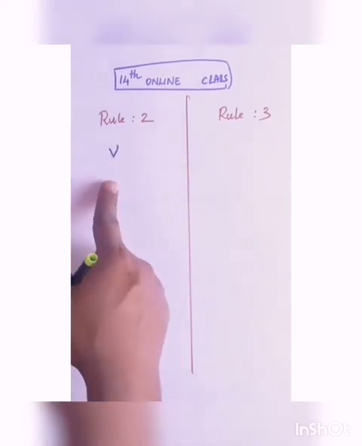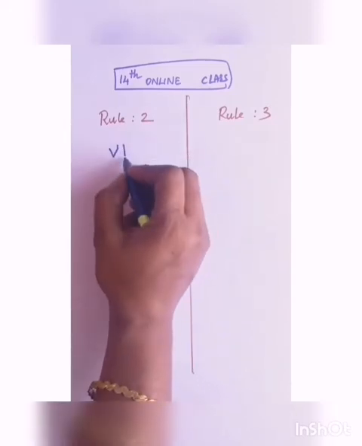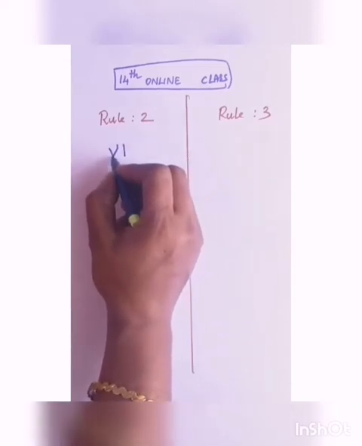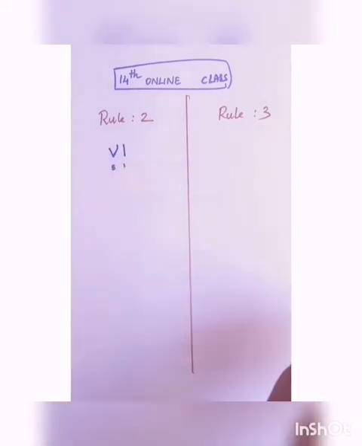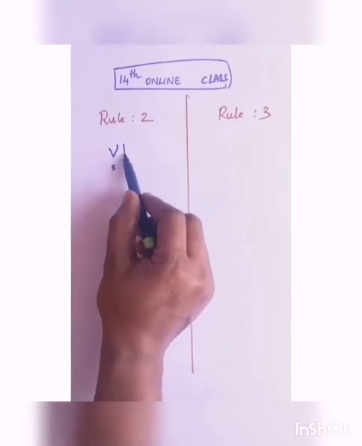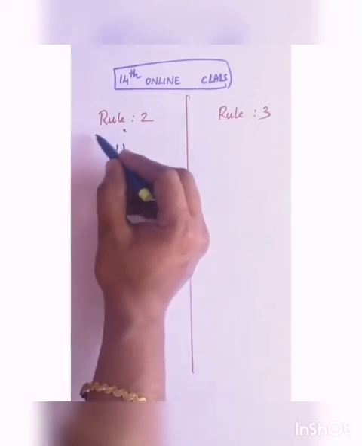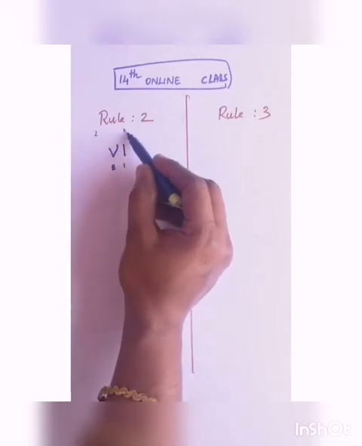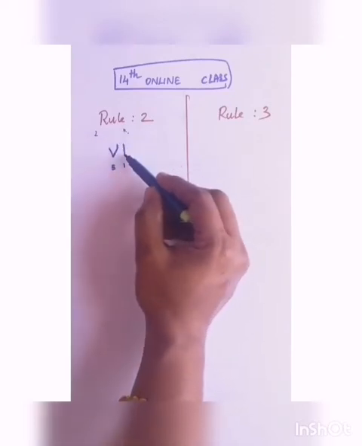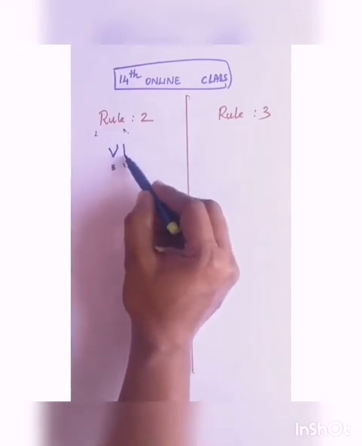This is the symbol for 5. If I write I, it means it's a smaller symbol, you know. This is V, V is the symbol for 5. I is the symbol for 1. So when the symbol of smaller value is written to the right side of the larger value, this is the right side and this is the left side. This is the Roman numeral. For this Roman numeral, this is the right side and this is the left side. If the smaller value is on the right side, we have to add these 2 values.